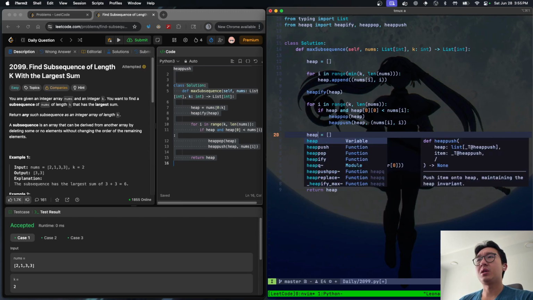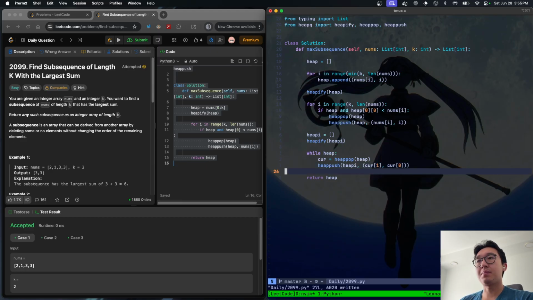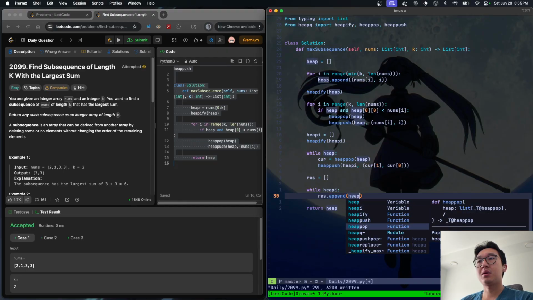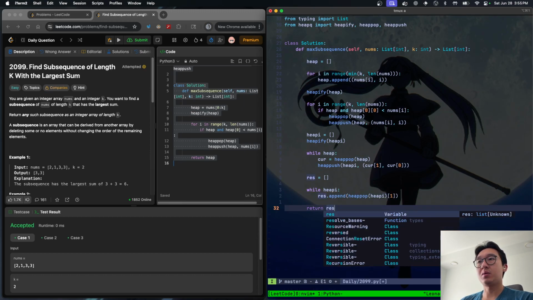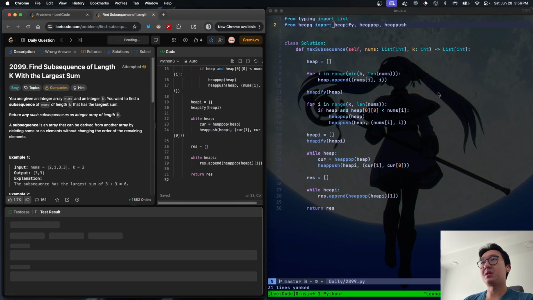Let's actually change this name to heap index. And then we do heap index by heapify from the heap. Now we have res equal to this. This is super ugly code, but let's see. While heap index, res append heap pop from heap index, but we're going to do index 1, which is the actual element. At the end, we're going to return the res. This is, as I said, super ugly. There must be an easier way of doing this, but